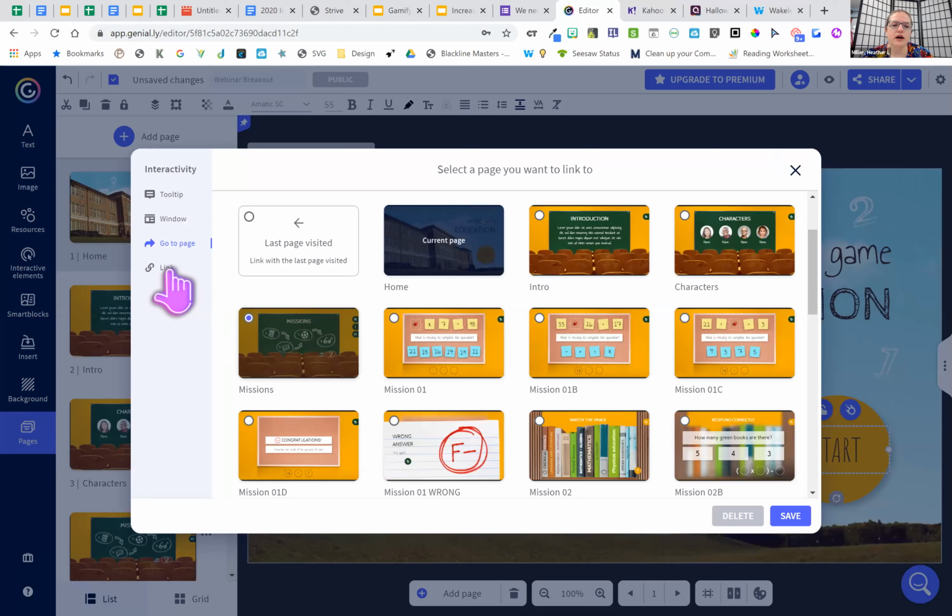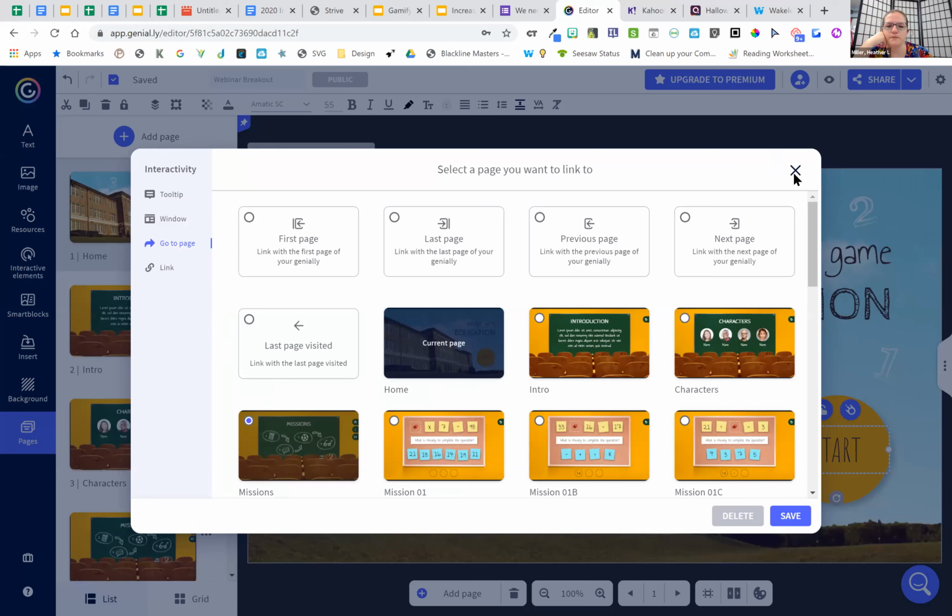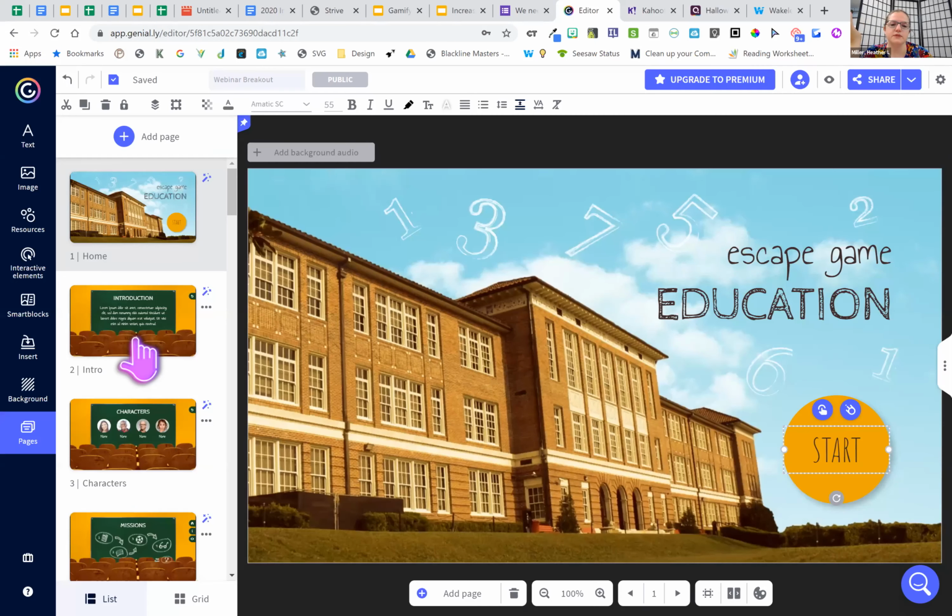You do have other options where it can take them to a link or a different window, or the little tooltip is that it just pops up and shows them something. But for the breakout rooms, it's already set up and tags them to go to a different page. So you don't have to change any of that. On each of these, again, it's just a text box. You can change the introduction. You can give them the why of why you're doing the breakout room. You can add little character faces in here of the different characters that are a part of this mission.